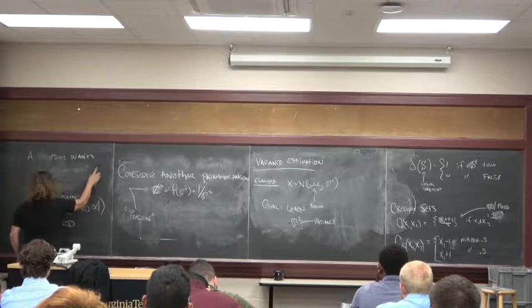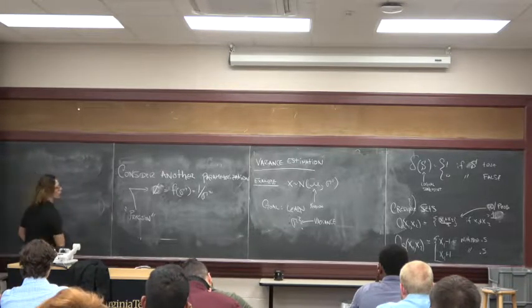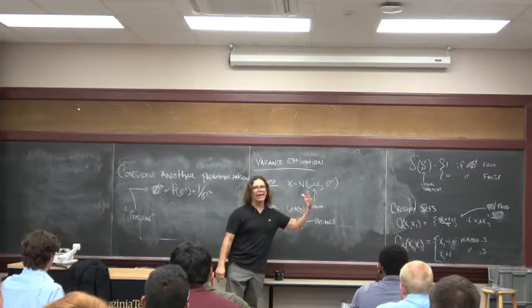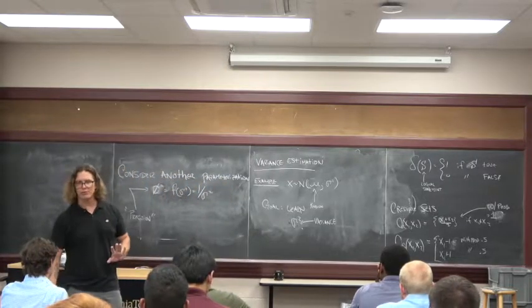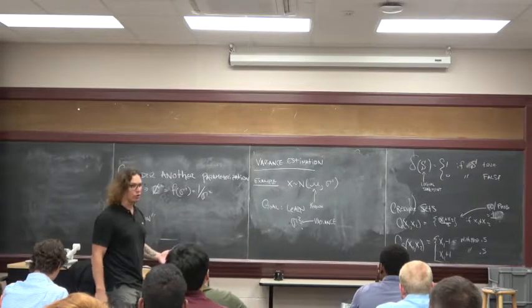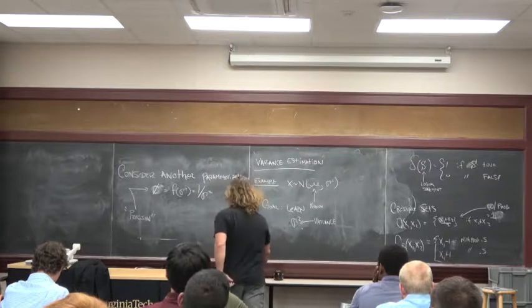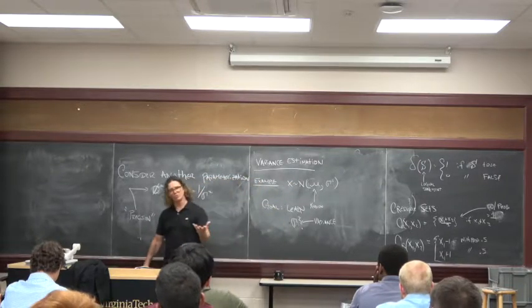So I want to do inference on it. Also, I'm going to make this quite intentional: I only have one data point. So I'm not going to put an i here and get n realizations. I want to understand where the prior is making a difference and where this one data point is making a difference. And then in the next lecture, I'll have something for you that might be a little bit surprising. We'll butter this up and do n observations soon, but let's just stick with the one.